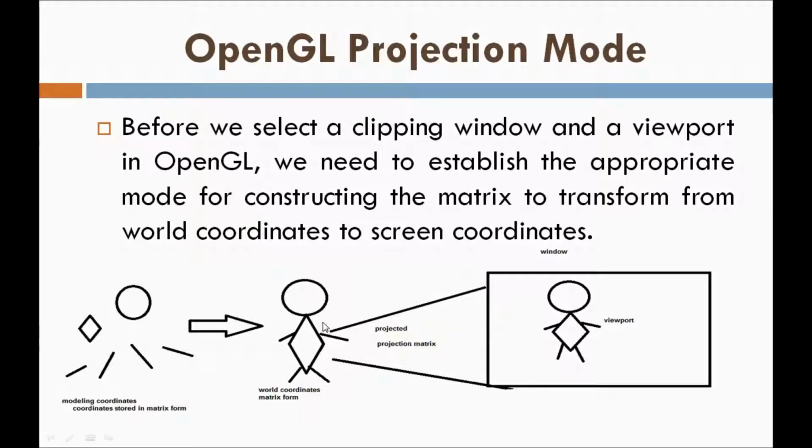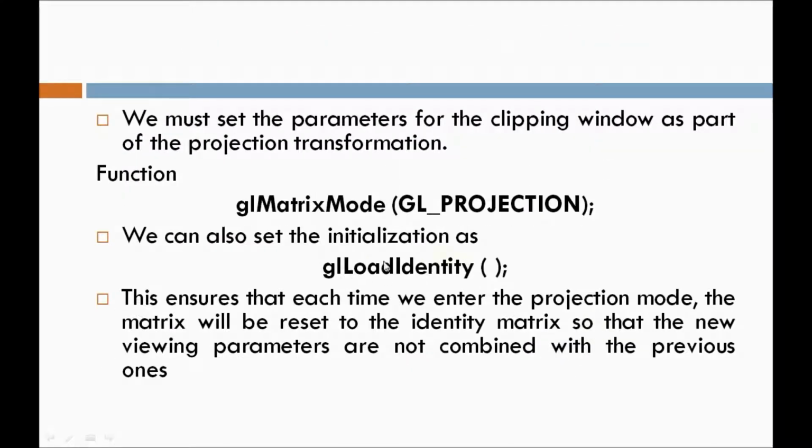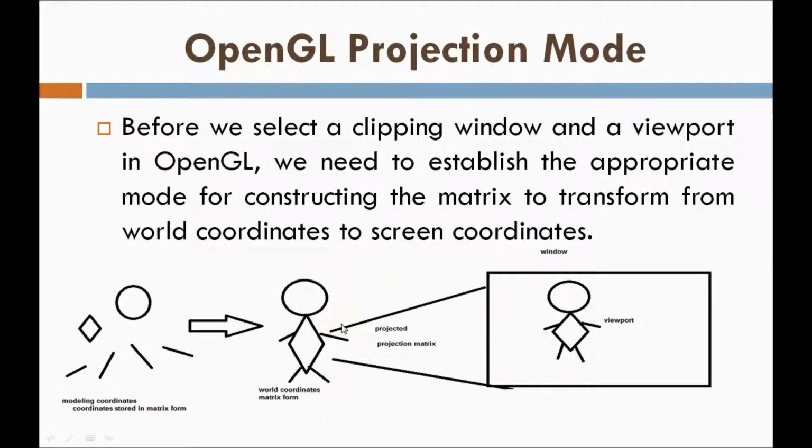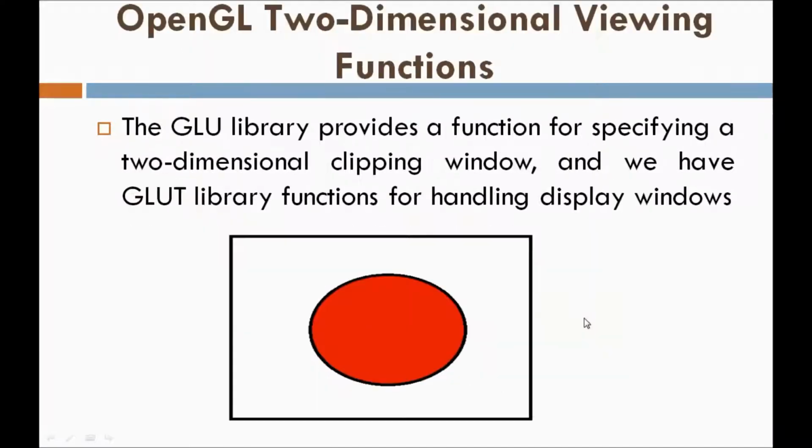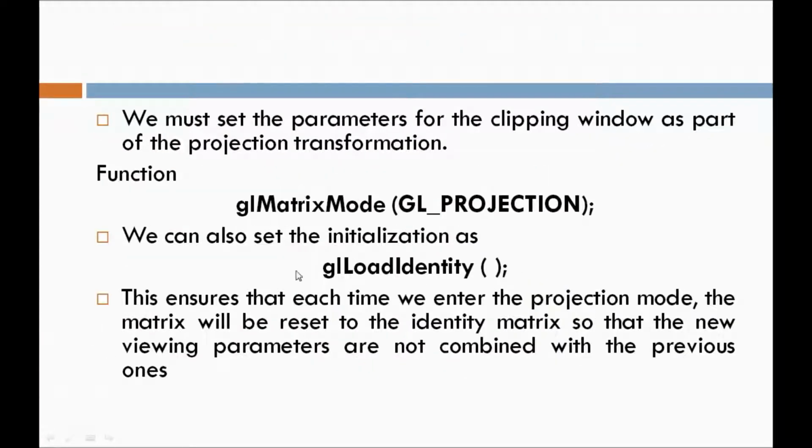So your projection matrix may contain different images. So chances are the contents of the different images may overlap in the viewport or in the clipping window. To avoid that, I always need to set the identity matrix. So every time it will display the contents properly. The old contents are not at all overlapped with the new contents. That's why I have to use load identity. Getting, guys? To display the image in the display window, first I have to set the projection mode.